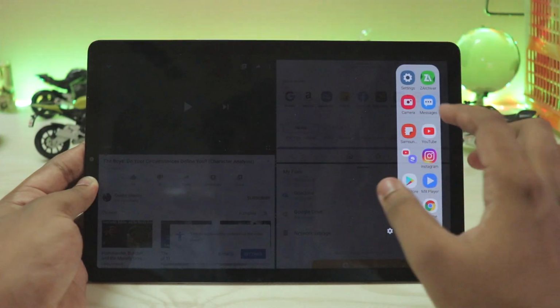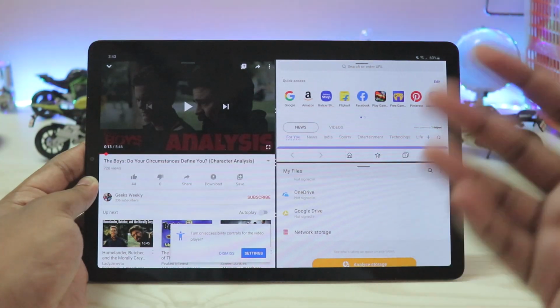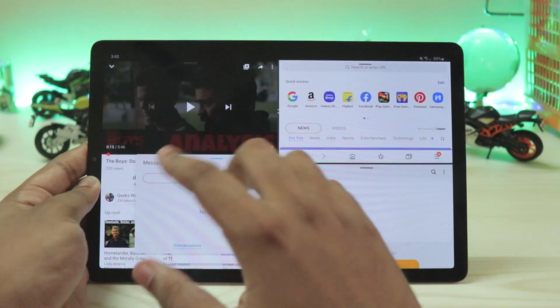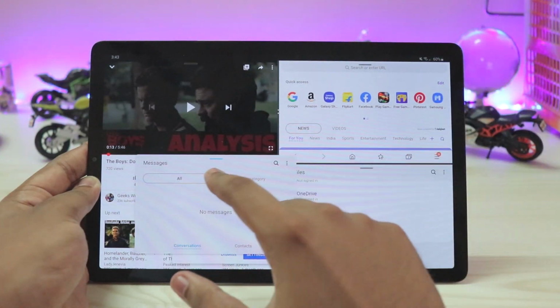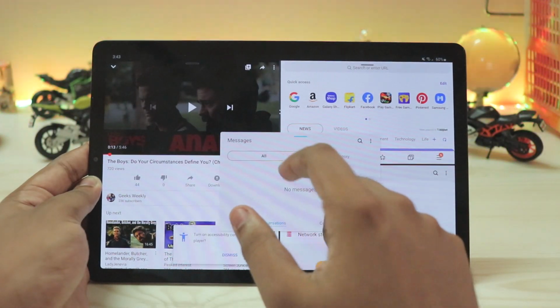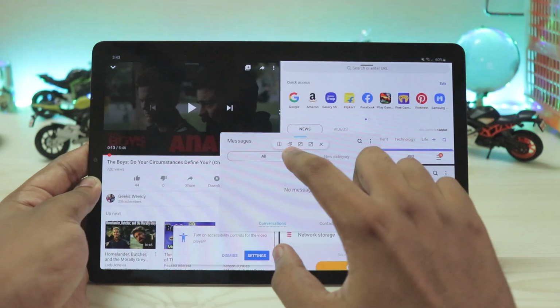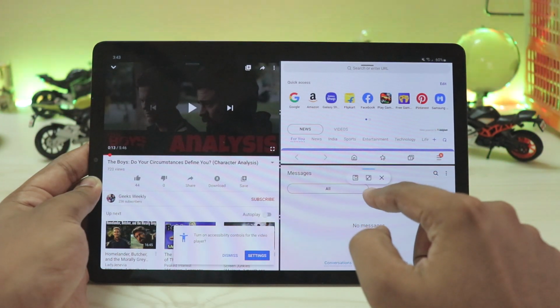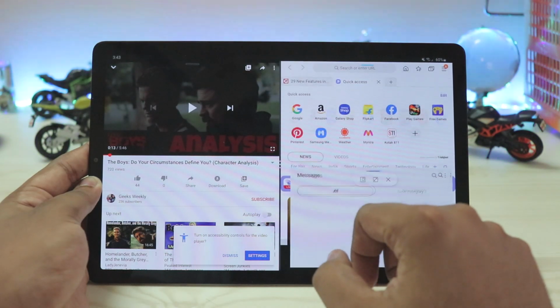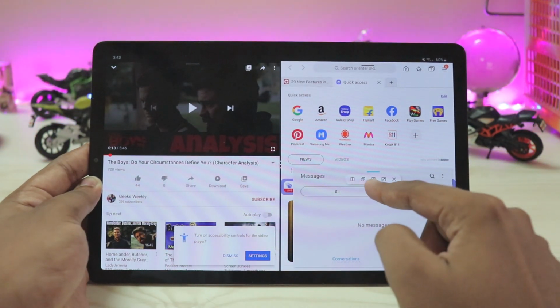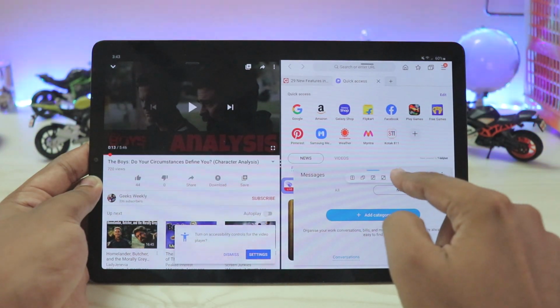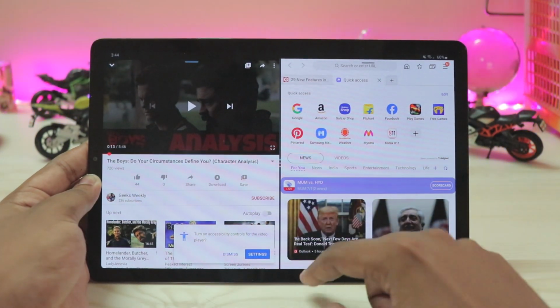Again, if you want a fourth app, you can just drag and open a pop-up window. Like, that's a lot more multitasking than you need. Like, why would you need 4 apps or 5 apps at once, I don't know, but that can surely be done. Again, if you want to close any kind of app, you can just split it up or replace with another app, or pop it up again. Then you can minimize it, adjust the transparency of it, or just close it. So yeah, lot of multitasking features enhanced right over here.